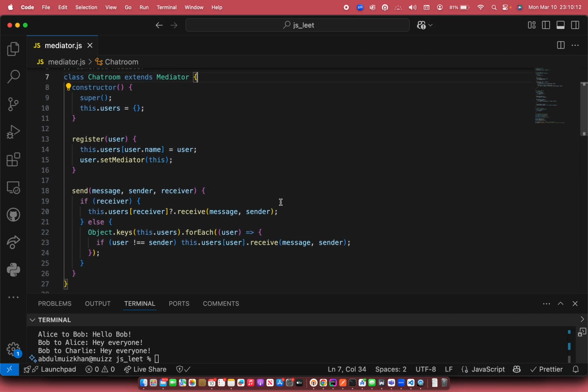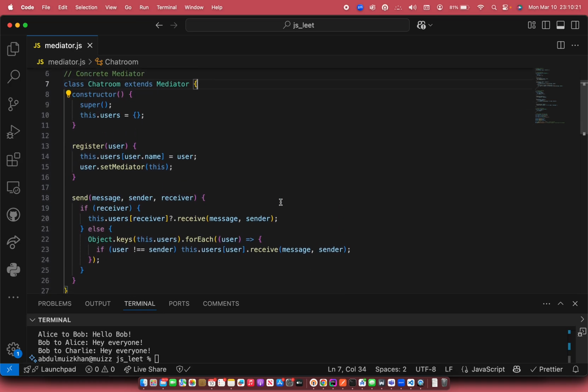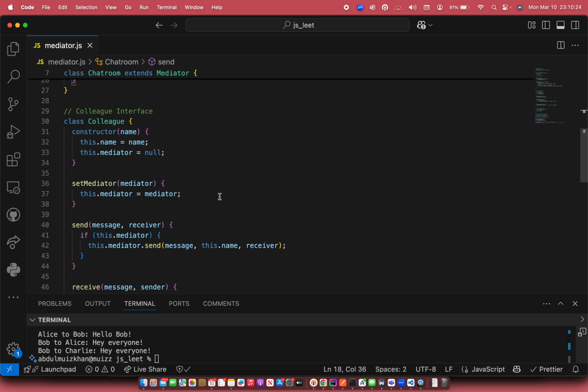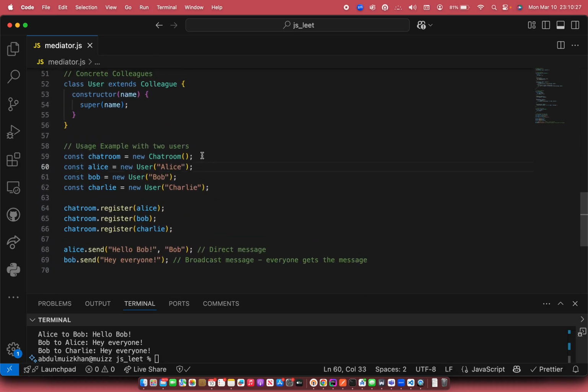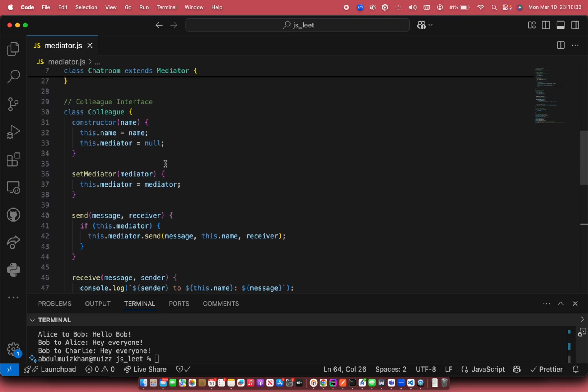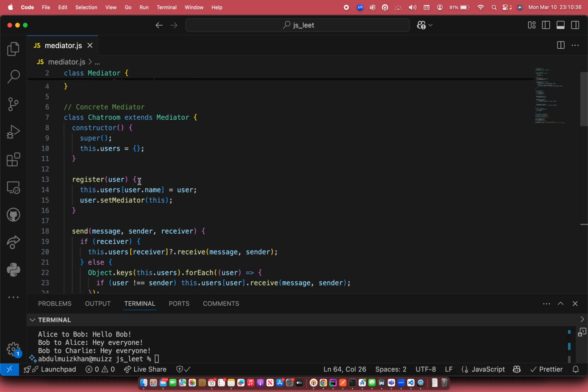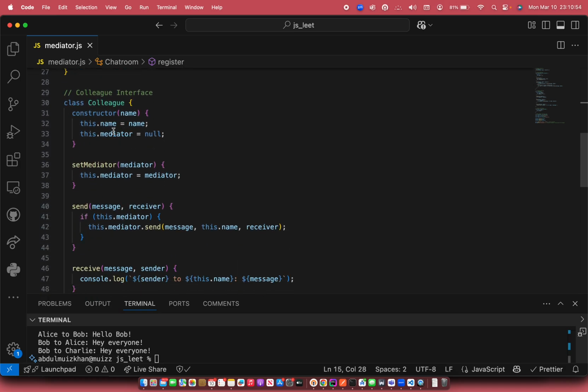While I'm at it, let me just explain the functionality that's going on here. There's a chat room. It has a register method and a send method. In my example, we have two users, Alice and Bob. Alice is going to register herself, and what does that do? That basically adds Alice to the user's set here. There's a set in the chat room that maintains all the users. The register method adds the user to this list and also sets the mediator. You need to set a mediator on this user object. This is a field